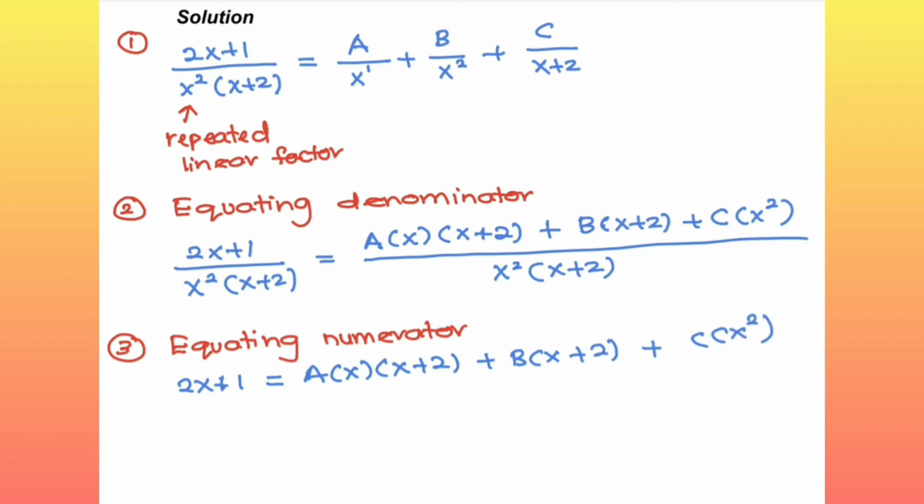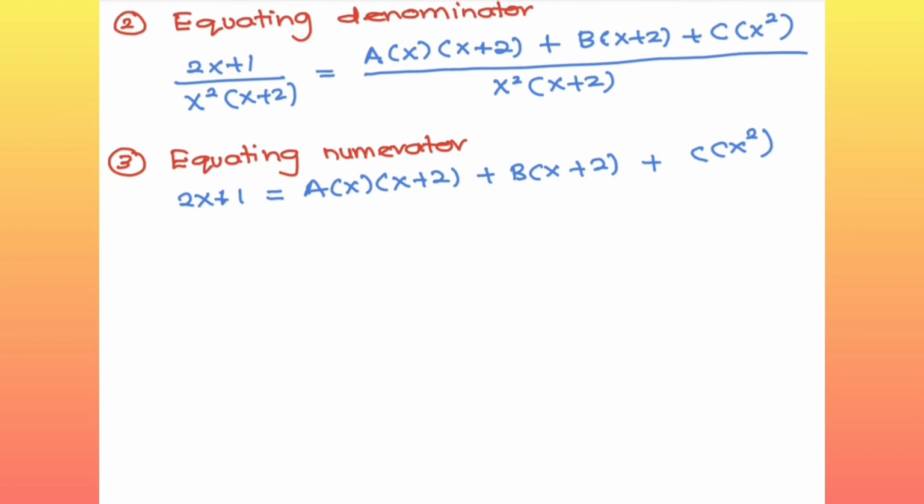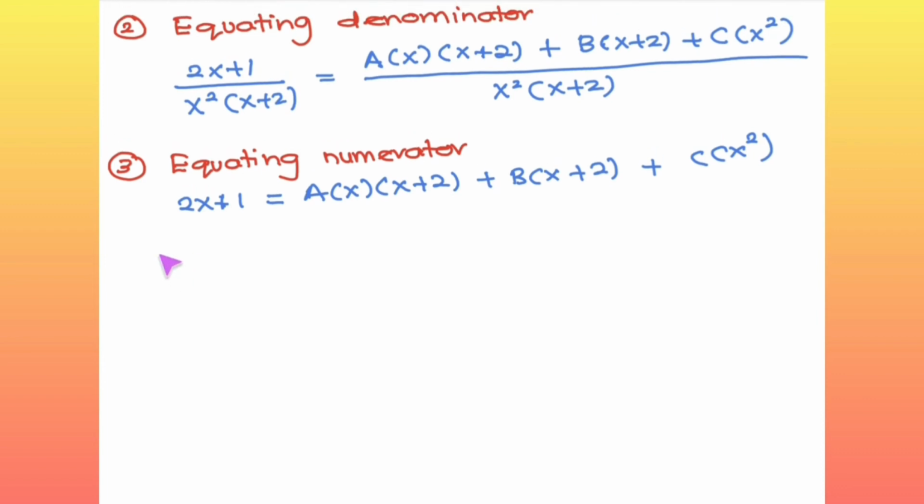Okay, we proceed with substituting value. Okay, firstly, let's make a equal to 0. So the simplest value is x is equal to 0. So when x is equal to 0,